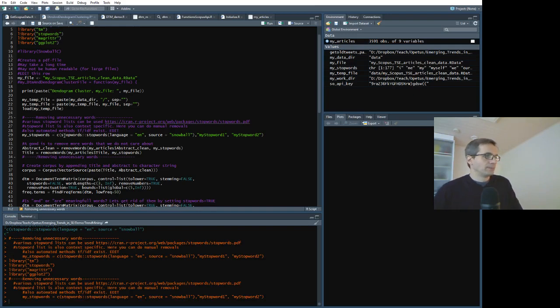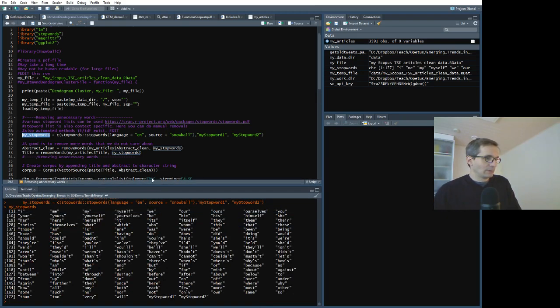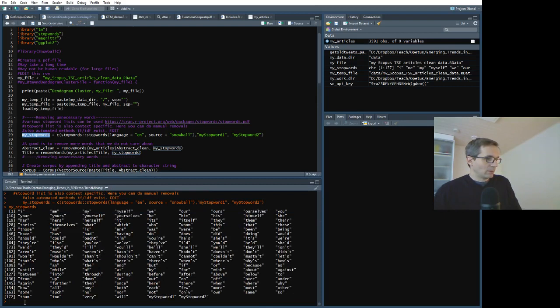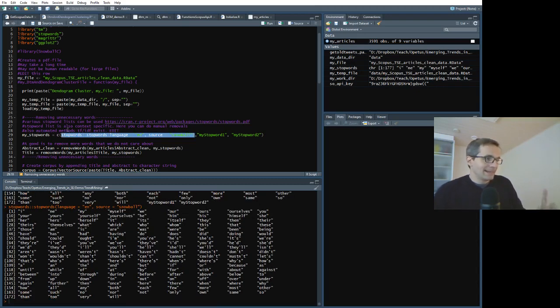In here, I can also print this to console, and we can see what happens. So we have 170 something stop words listed here. Most of the stop words come from the stop words library, which is the first term in here. So stop words listed in here come first, and then I put additional stop words, which are simply named my